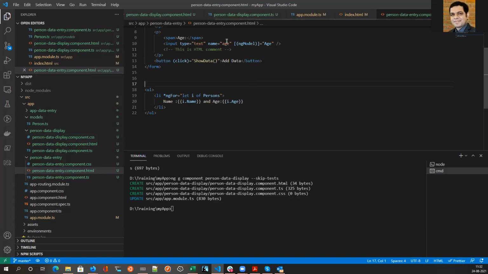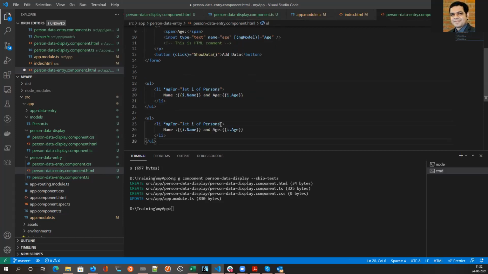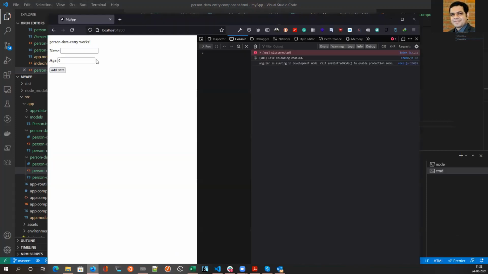Perfect. Is everybody done with ngFor? But I have used an array. After that, I will do it with the class. That's okay. So this works on both types, any based and non-any based. If I use the persons array, which is the name of the second array that I used, it will still work.